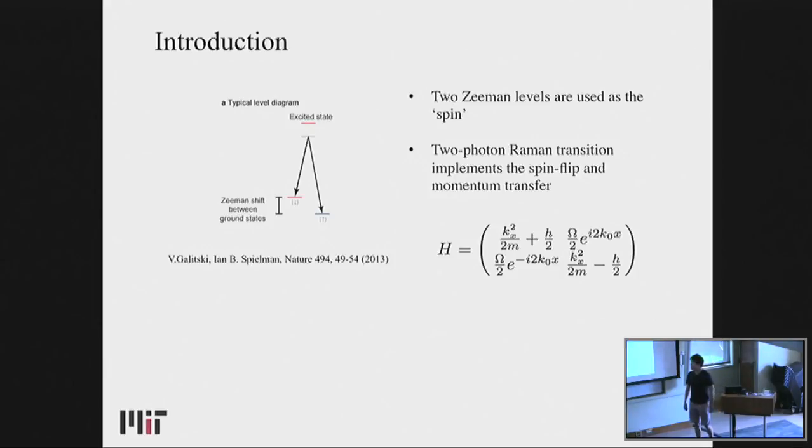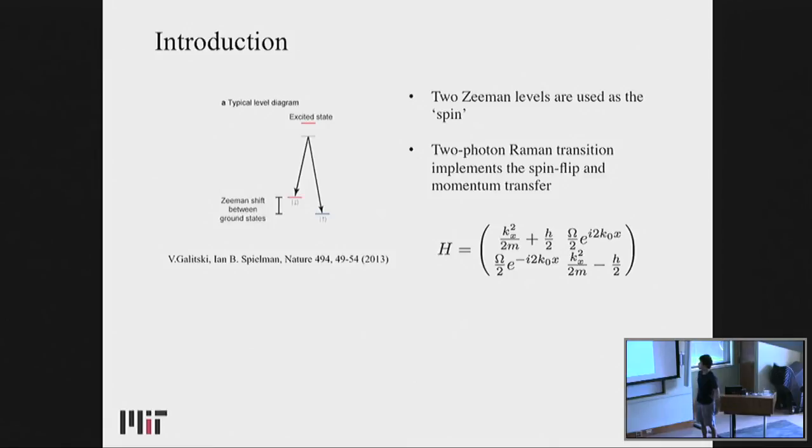So how do we implement spin-orbit coupling? The general idea is to have a link between the spin degrees of freedom and the momentum of the atom itself. One idea is that if we flip the spin and at the same time give a momentum transfer to the system, then we can imagine we will have a coupling between the spin degrees of freedom and the center-of-mass motion of the atoms. That is exactly what